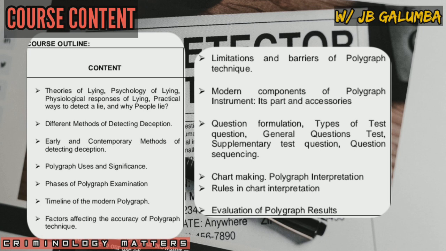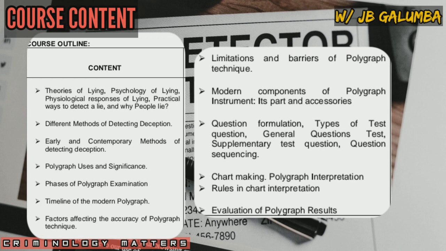Then after that, we're going to be talking also with regards to the question formulation, types of tests, questions, general questions, test supplementary, test questions, and question sequencing. So these are already part of the question formulation, the principles behind this, the guidelines with regards to formulating a question. How can we formulate a question that best benefits us in determining whether the person is telling a lie? There is science behind all of this, and those are the things that we are going to be talking about